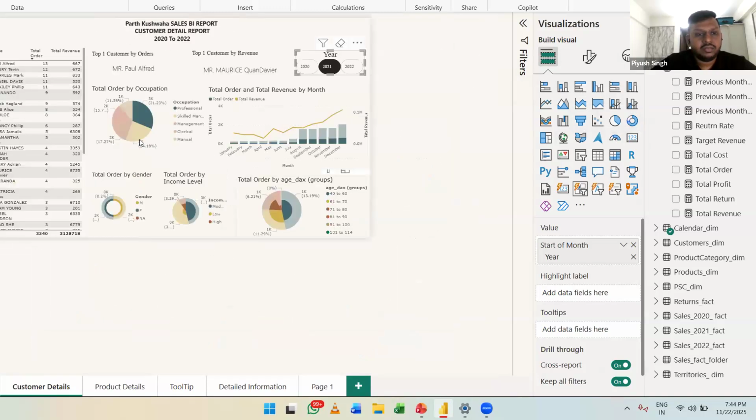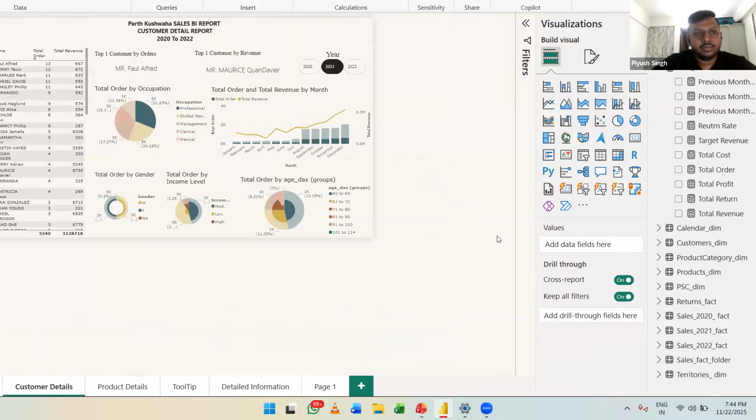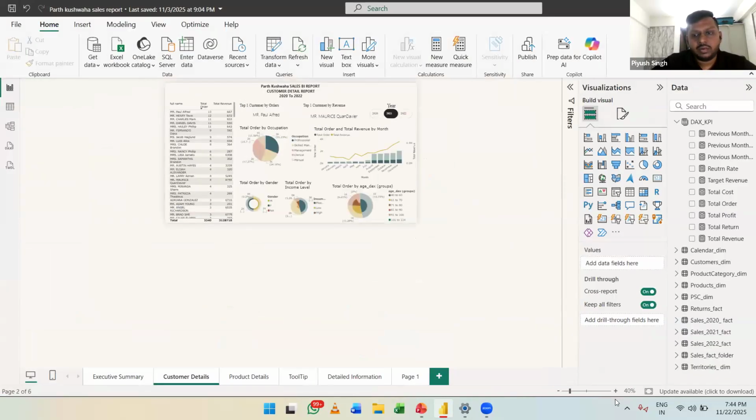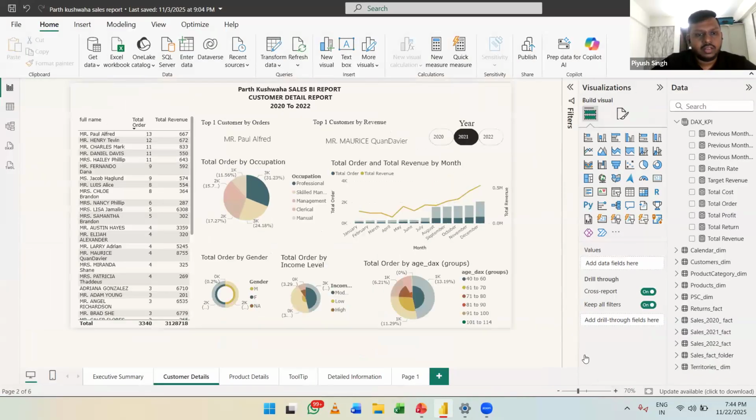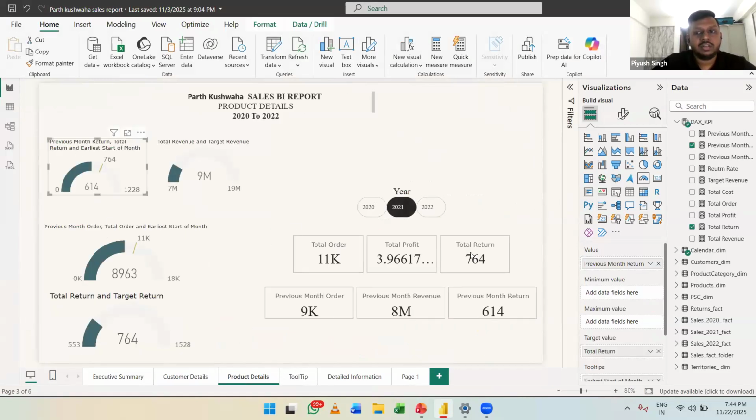So if you see it here, whether I've done it in this particular report or not, I don't know. But let us check it. Let me zoom it out. I think I have done it. Yeah, where is the GOG chart? So you see, we have a benchmark of 764 and my numbers are prior to it, right? This is done using the GOG chart, and I'll teach you how to do it. This is something really amazing.